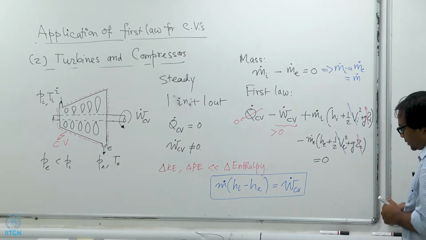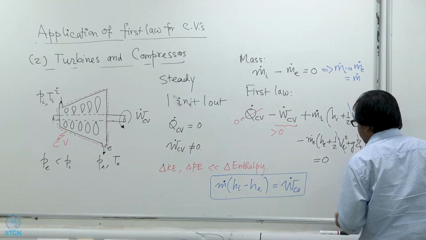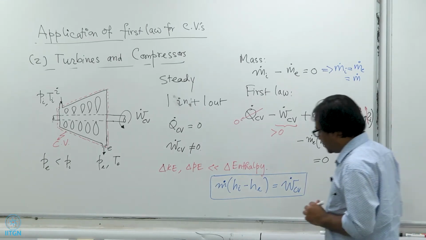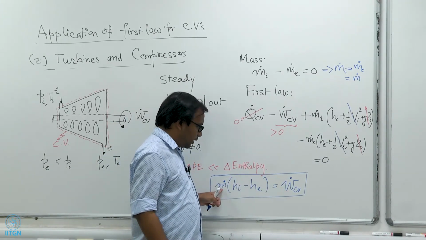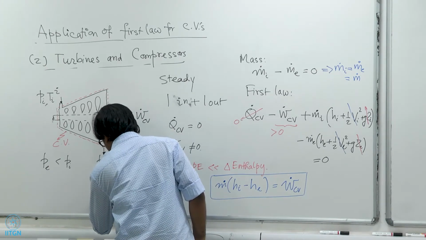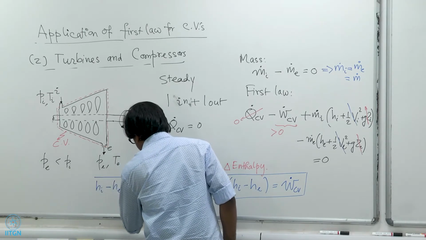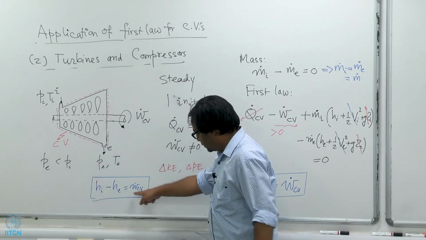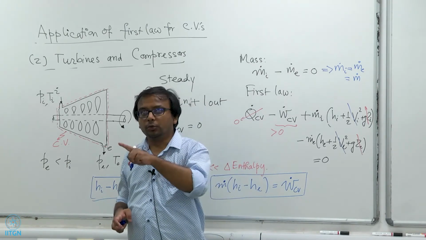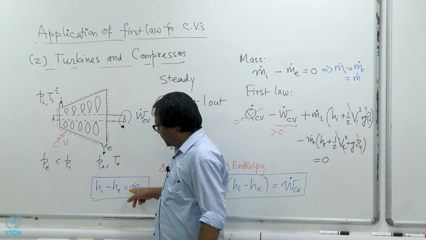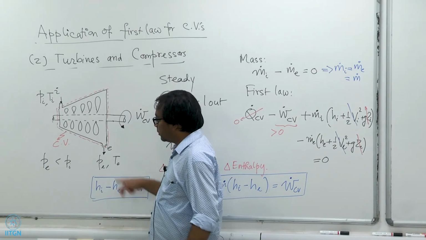Okay. So, sometimes this is also written on a per unit mass basis, although it can be a little bit misleading. I can divide this W_CV dot by m dot and I can write Hi minus He is equal to small w_CV dot. Okay. So, this is work output per unit mass, but remember this is unit mass of flow, right. So, this is work output per unit mass of fluid that flows in. Okay. This is not per unit mass of the turbine.